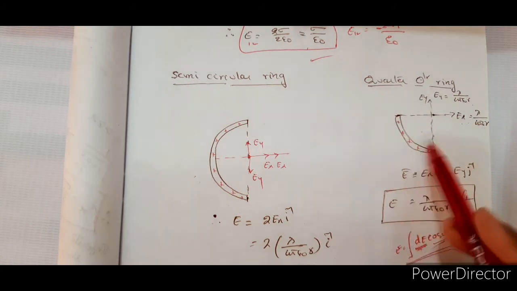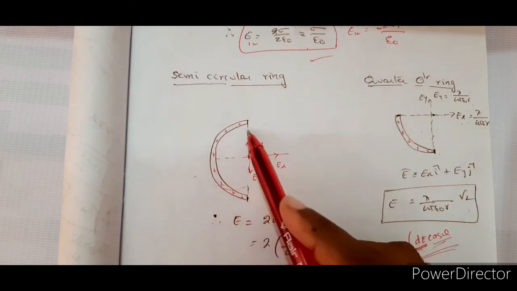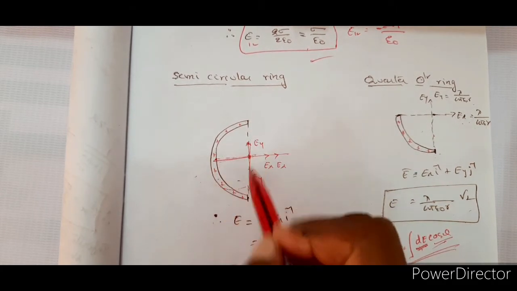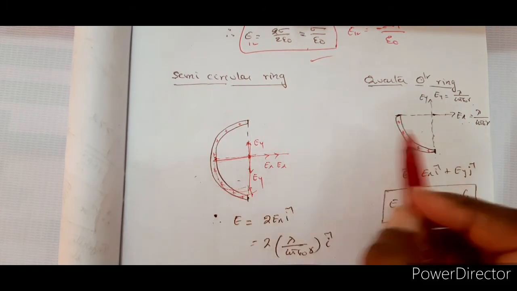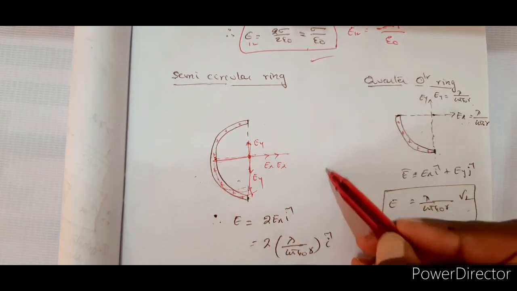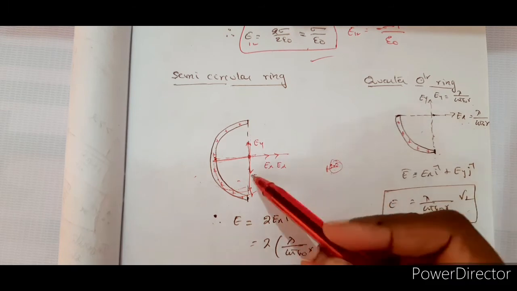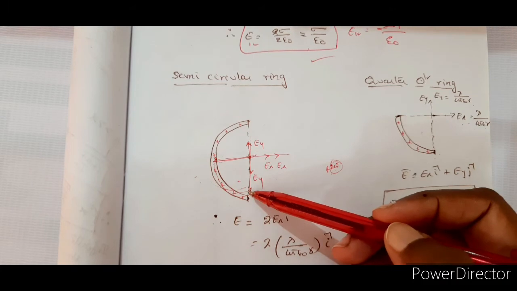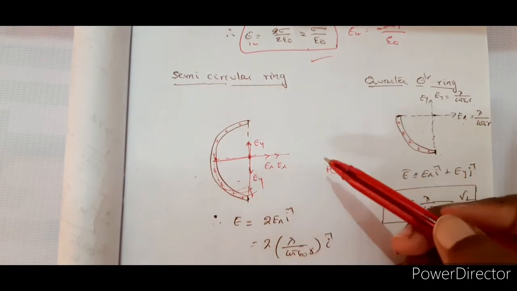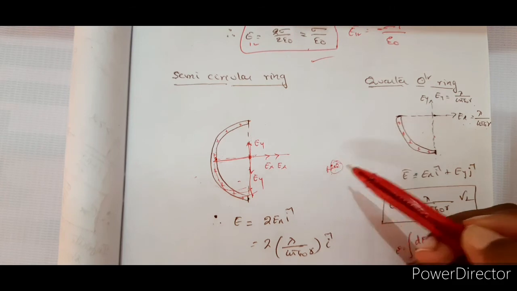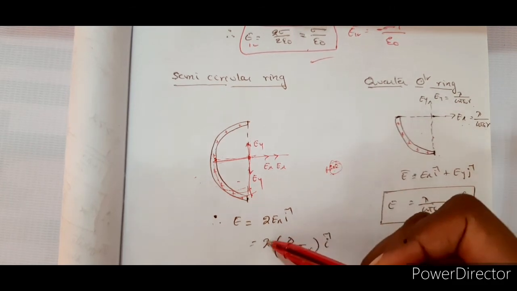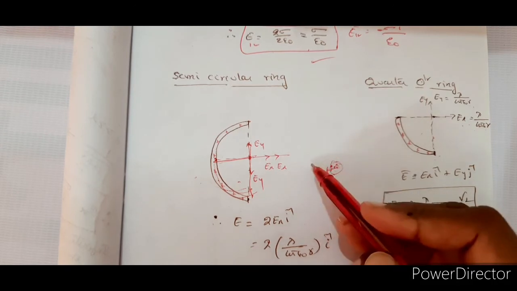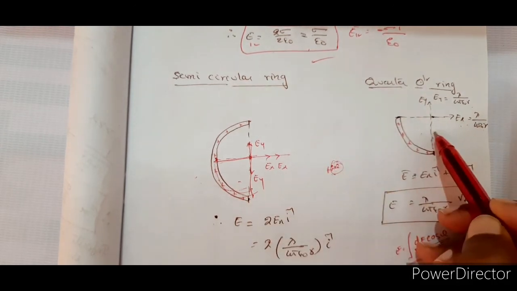Now the same can be assumed in the case of a semicircular ring, as a combination of two quarter circular rings. Got it? That is why I left it here. You can do the same thing with the r d theta concept, with d theta varying from minus pi by 2 to plus pi by 2, applying those limits and finding it out. Or the other way around, the easy way, because all the time you cannot sit and derive it. So directly, how to remember this?